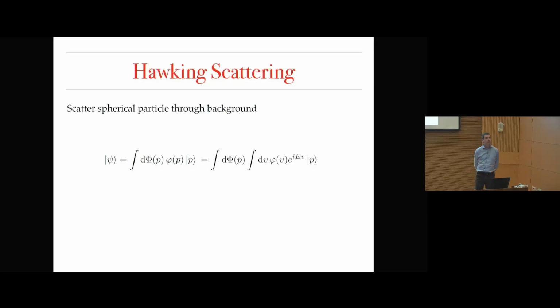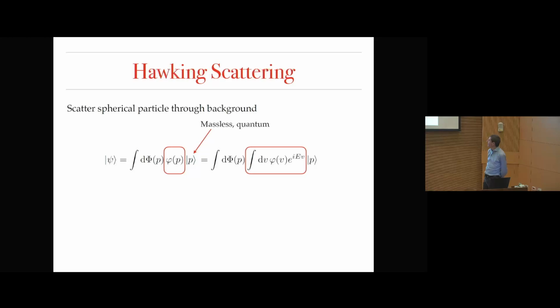Okay, so I'm just going to use the usual methods that we developed to understand this scattering process. So I'll switch on an initial state, psi, so this will be the state for my particle in the far past. I'll write it here as some integral over phase space. This d phi of p is my patented notation for the integral over the phase space of an on-shell particle. I'm going to pick a massless particle. It simplifies the problem, and they're also the most important ones for the actual radiation.